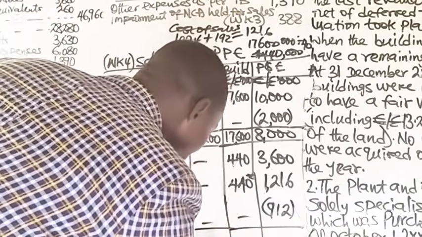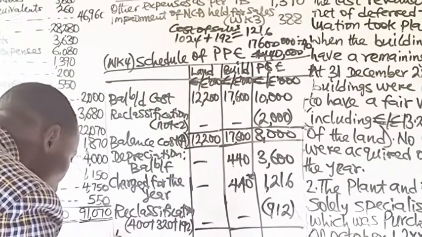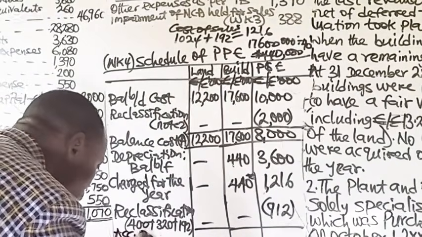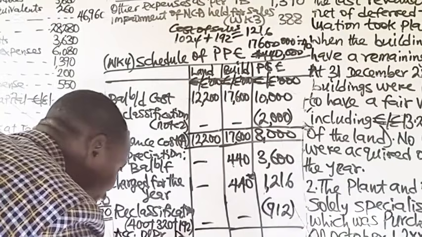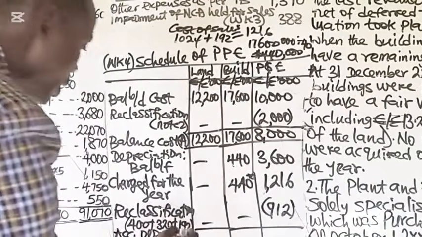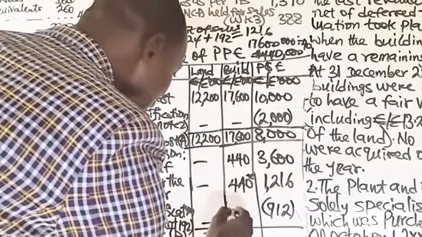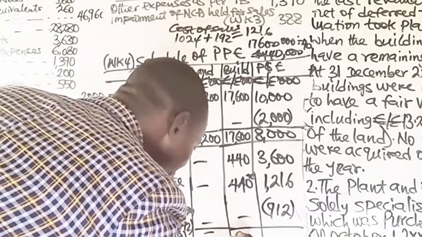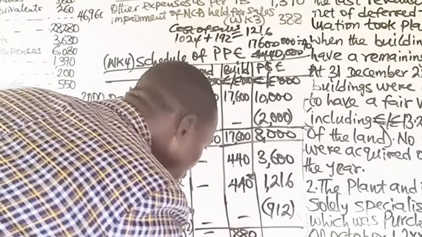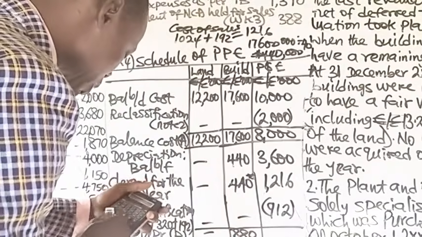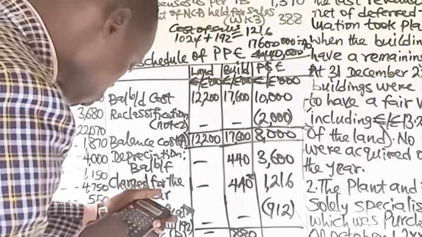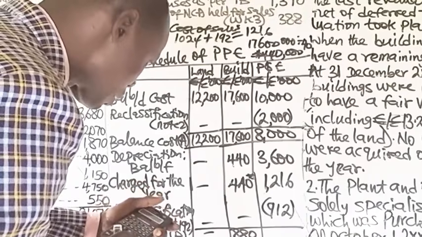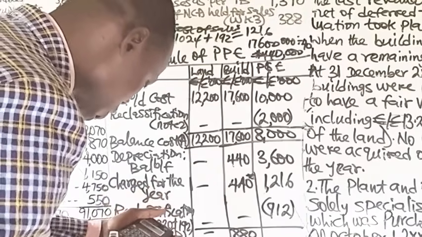The accumulated depreciation now, let's have this as B. So here is N, this is 880, and this is 3600 plus 1216 minus 912. That gives us